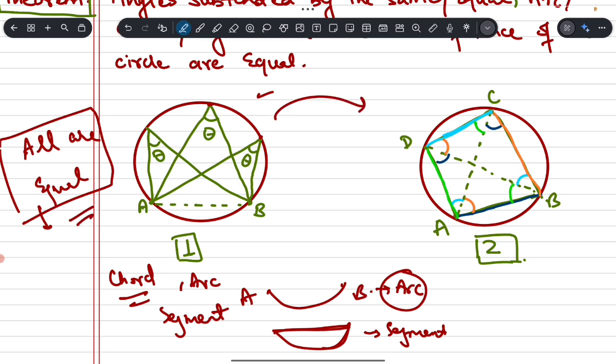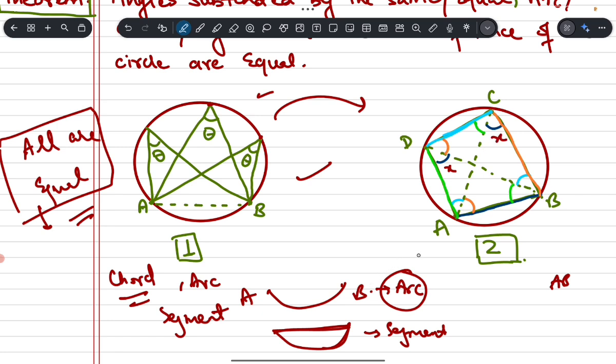Now, coming to cyclic quadrilaterals, how are we going to use this to recognize, to spot a cyclic? So if I just draw the diagonals of a cyclic quadrilateral, you'll be able to observe that AB, all these sides are acting as chords. And AB, the blue one, is subtending the blue angles. The same chord AB is subtending blue angles. So according to our theorem, they're going to be what? Equal,